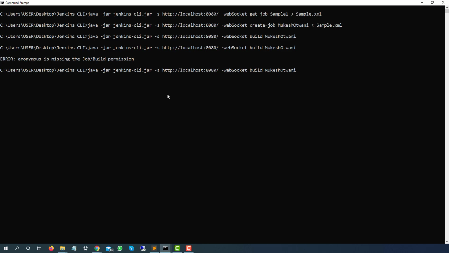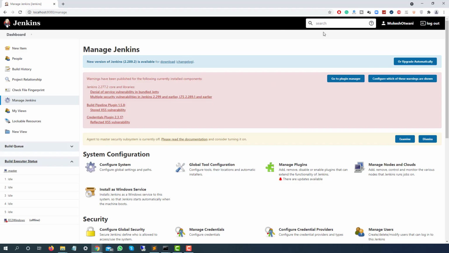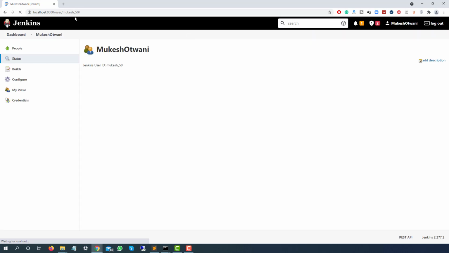So I will just say -auth, then you have to pass the username. How you will get the username? The moment you click on the user, which is coming on the right corner, this is my username, as you can see, Jenkins ID. So let me take this Jenkins ID first of all, which is the username.